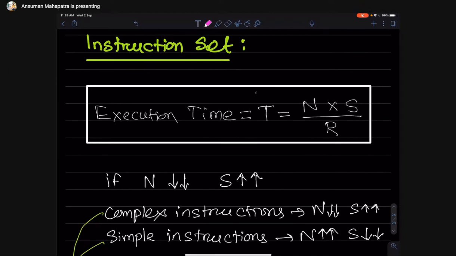Next is the instruction set. What is an instruction set? An instruction set is the set of instructions provided by a processor. It means add, sub, multiply, division, XOR, AND, OR operations. Whatever operations we can do inside a processor, combined together, become the instruction set. Instruction set means many things, but till now understand that it is the set of instructions we can execute on that processor. We know this equation already.